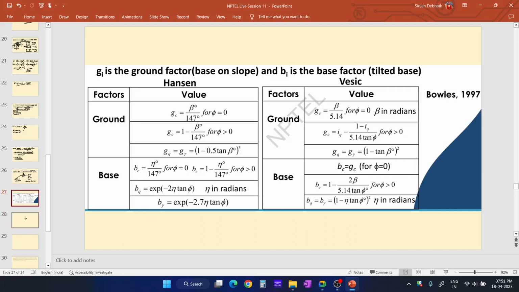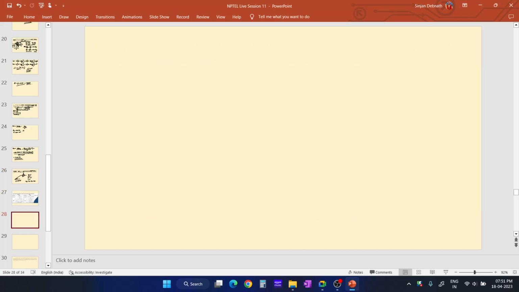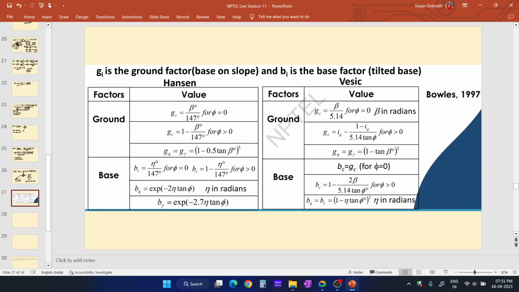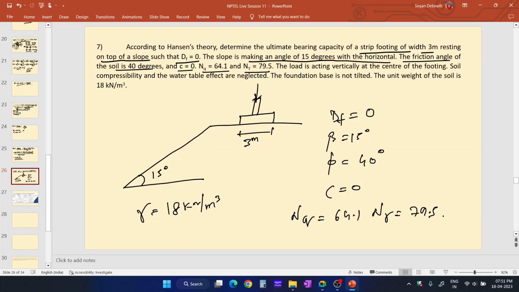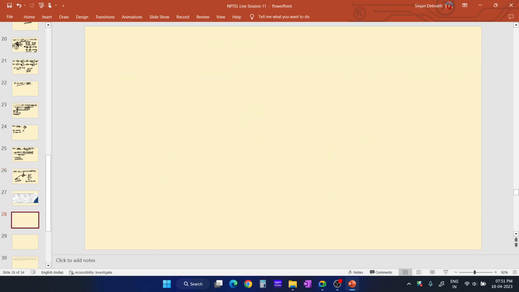So there will be some factors due to this slope, due to the sloping ground. Some factors will be incorporated. So let me write down the bearing capacity equation of Hansen. According to Hansen's theory, q_u for sandy soil,